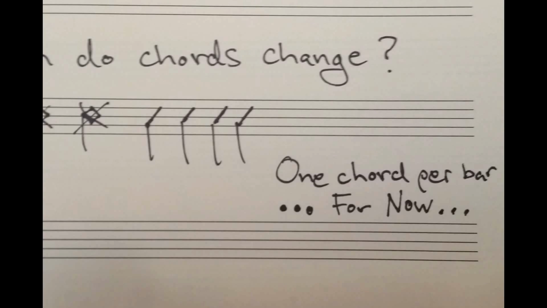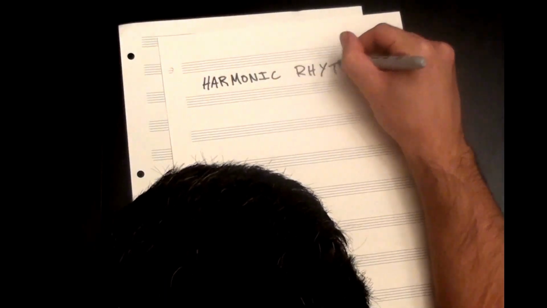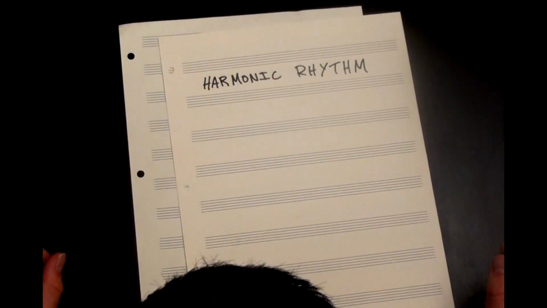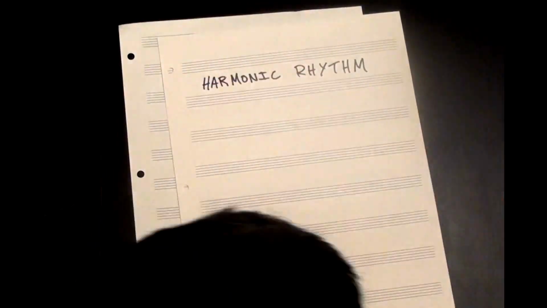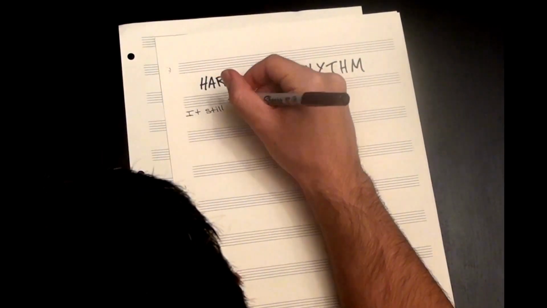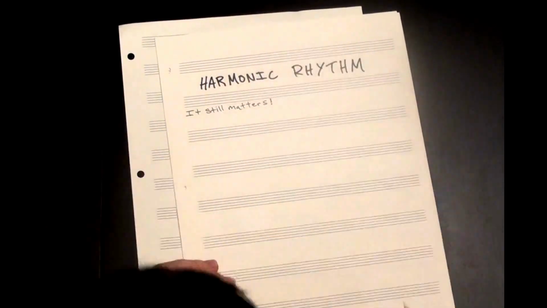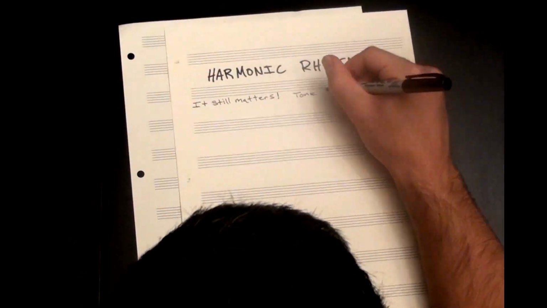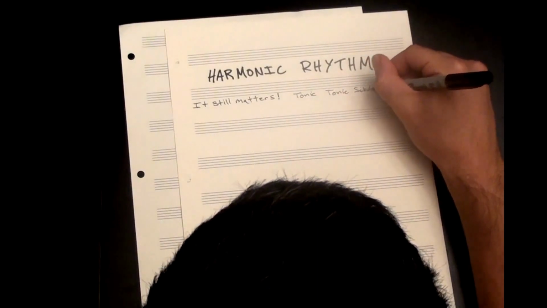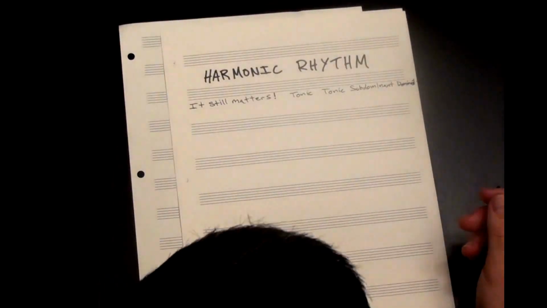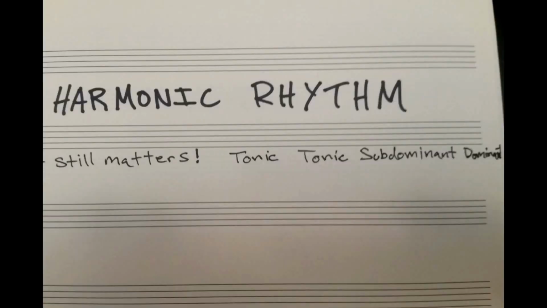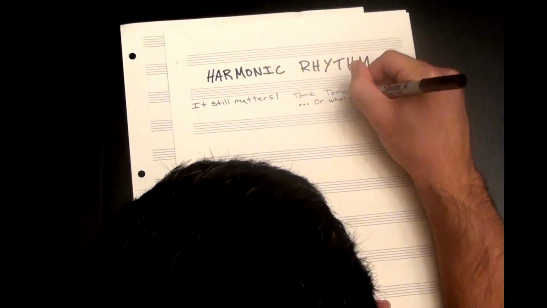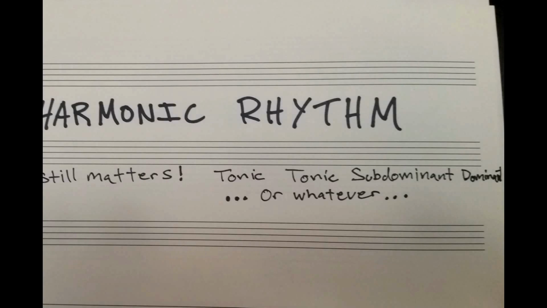Harmonizing a melody can be difficult as there are a couple different things that you have to keep in mind at once. First of all, there's harmonic rhythm. Just because we're starting from a different point doesn't mean everything else we've learned so far doesn't apply. People listening to the final piece won't know what you started with, they'll just hear how the pieces interact. As we mentioned in the harmonic rhythm video, there's no explicit pattern you need to follow, as long as you're actively aware of the functions of the chords you're using. For this example, we're going to keep things simple and use a classic tonic-tonic-subdominant-dominant progression, but really any set of choices has its merits, you just have to be aware of what you're doing.